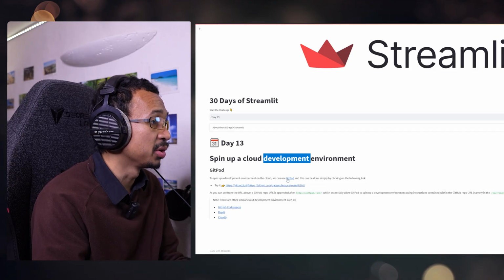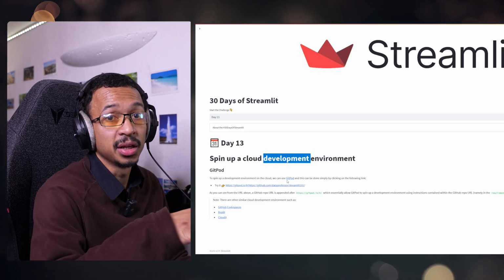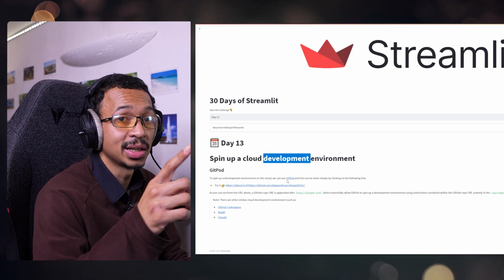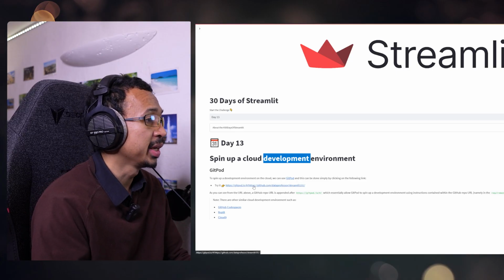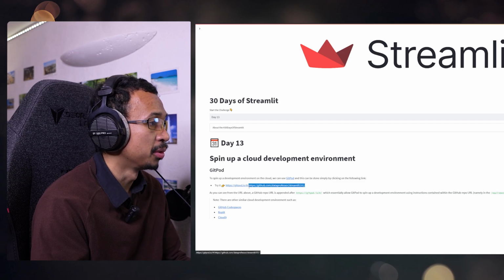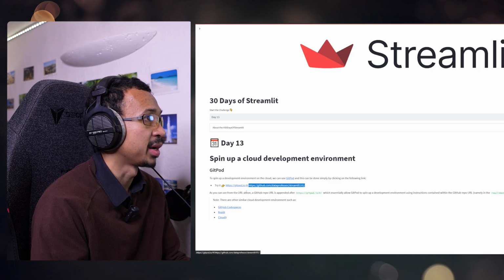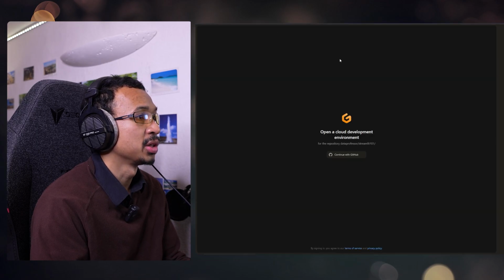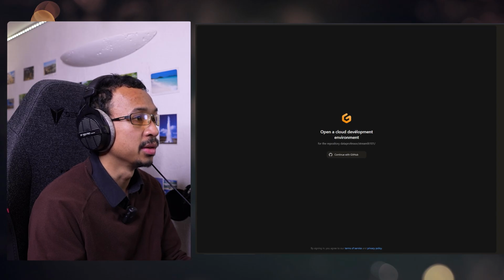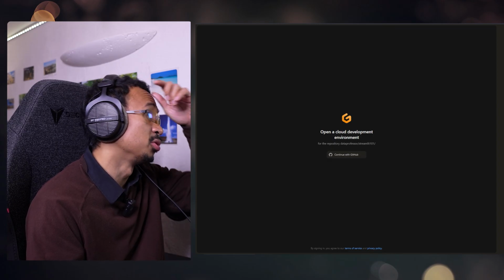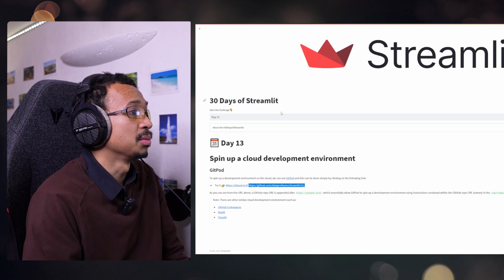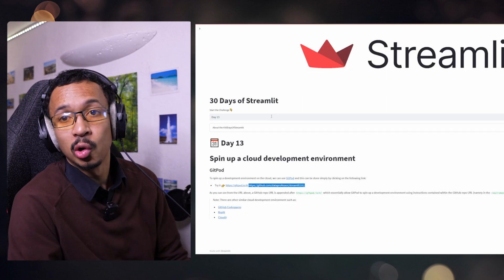So instead, you can use GitHub to spin a new code environment in the cloud and implement everything in the cloud. So for example, if you use the repo GitHub in gitpod.io, you can actually code in Gitpod, but I think you need to authenticate with GitHub. I am too lazy to do this right now, so I'm going to jump this day